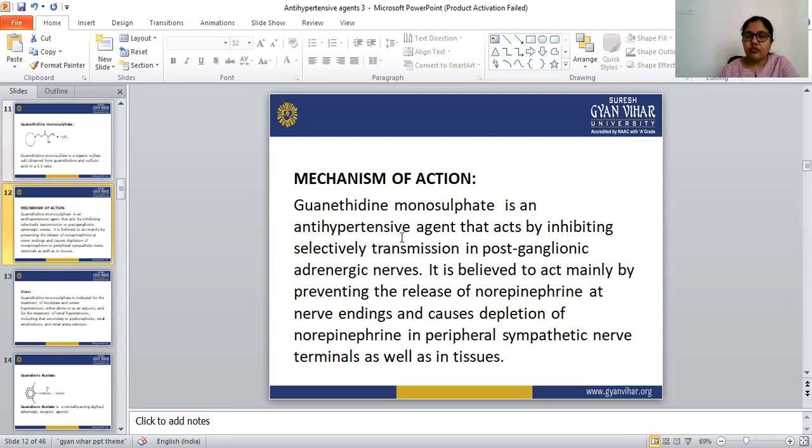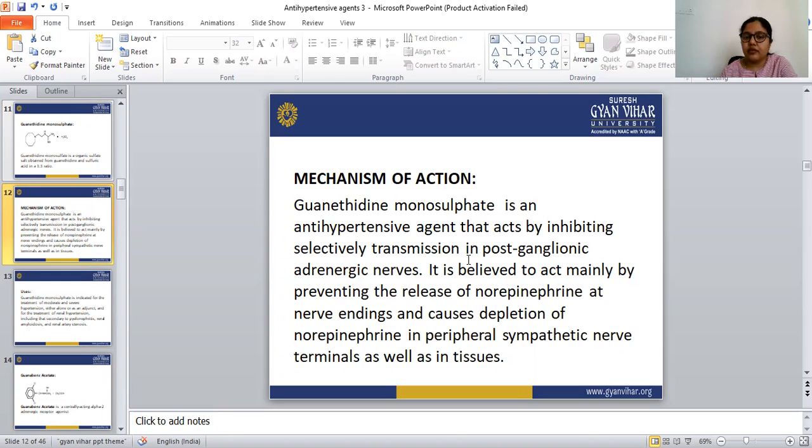Let's see the mechanism of action of guanethidine monosulfate. Guanethidine monosulfate is an antihypertensive agent that acts by selectively inhibiting transmission in the post-ganglionic adrenergic nerves, and it is believed to act mainly by preventing the release of